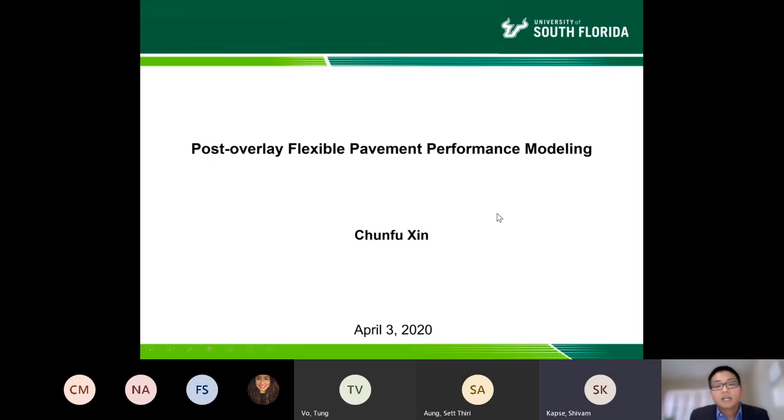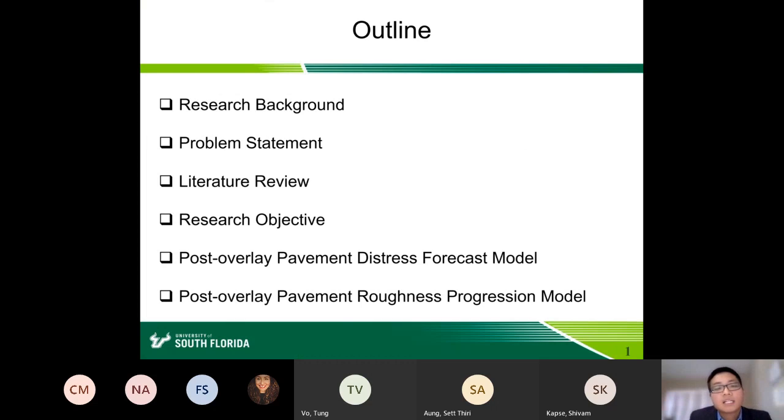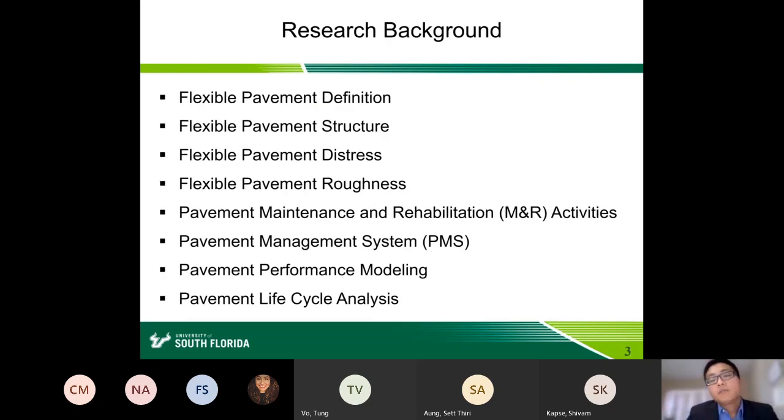Okay, thank you. Today I want to talk about post-overlay flexible pavement performance modeling. In the presentation, I will talk about 6 aspects. First, the research background, and then problem statement, literature review, research objectives, and the core part, post-overlay pavement performance modeling. Before the modeling part, I want to give you some general